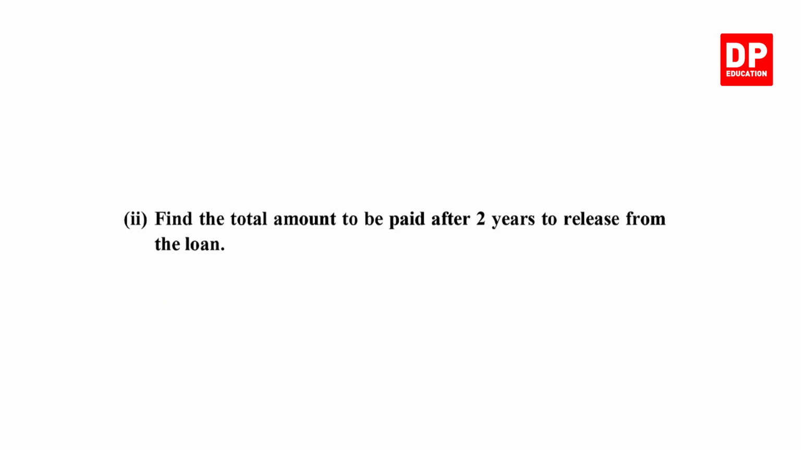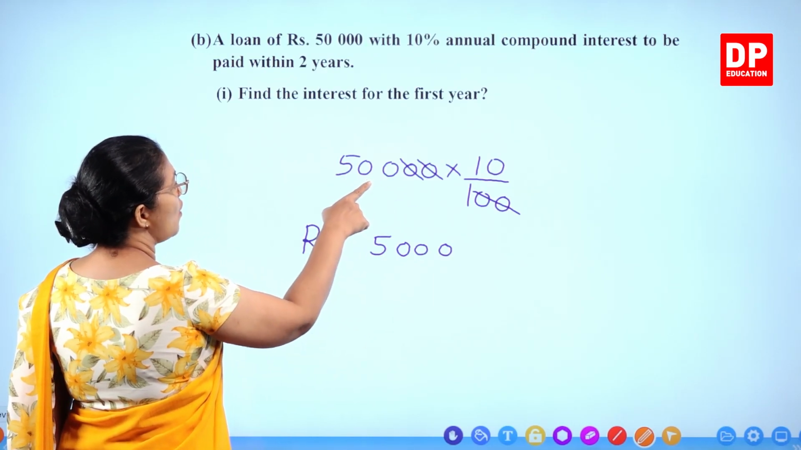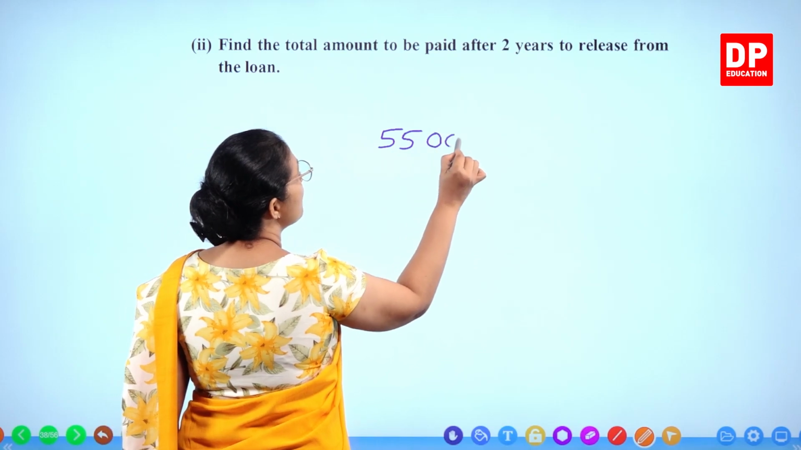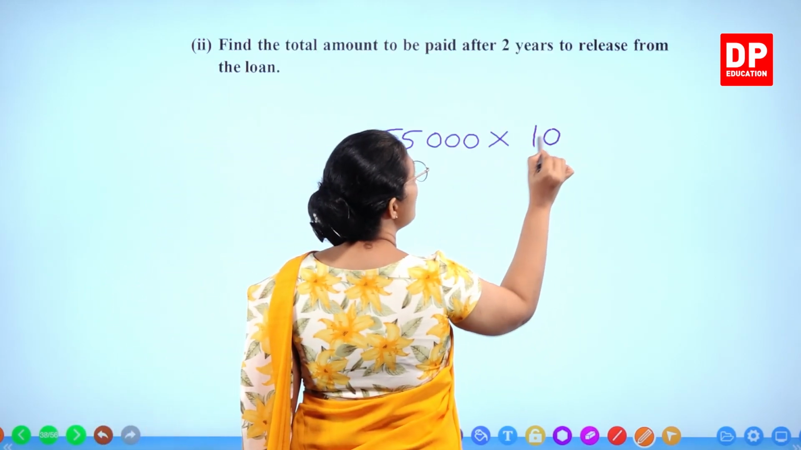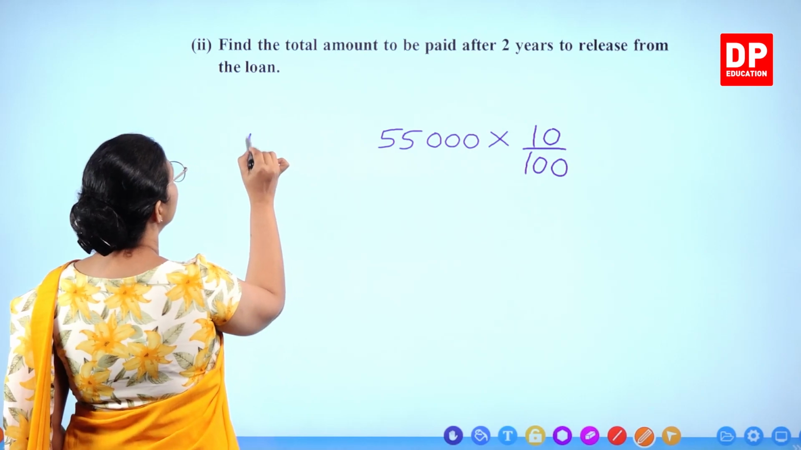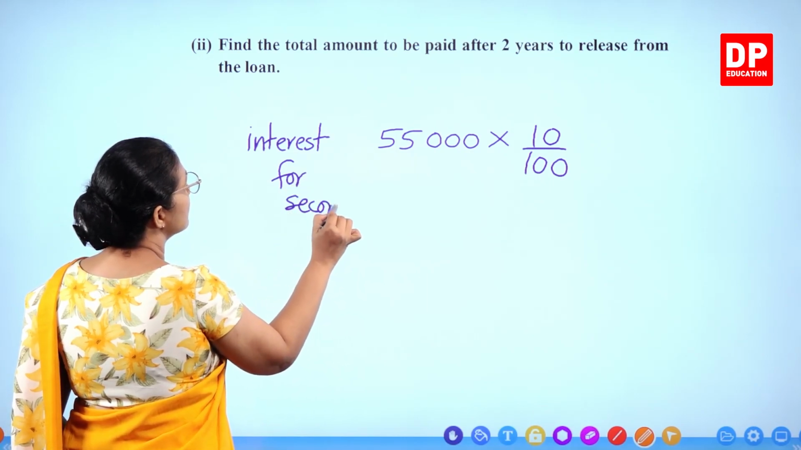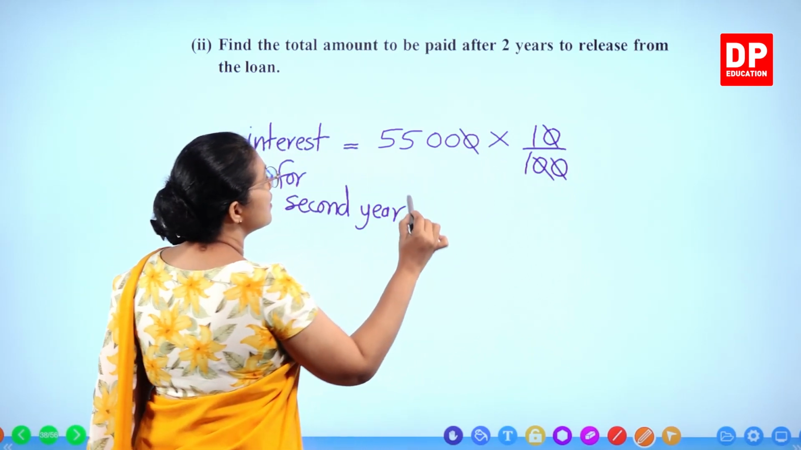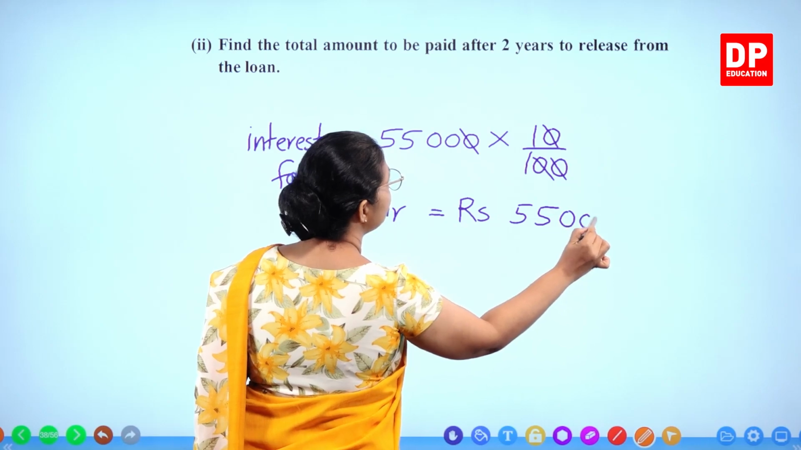Then the next part. Find the total amount to be paid after 2 years to be released from the loan. Now this is compound interest. So what is the final value with the interest? 5,000 and 50,000, 55,000 is the initial value for the second year. So 55,000, and then the interest rate is 10%. So you can find this is the interest for the second year. You get 5,500 is the interest